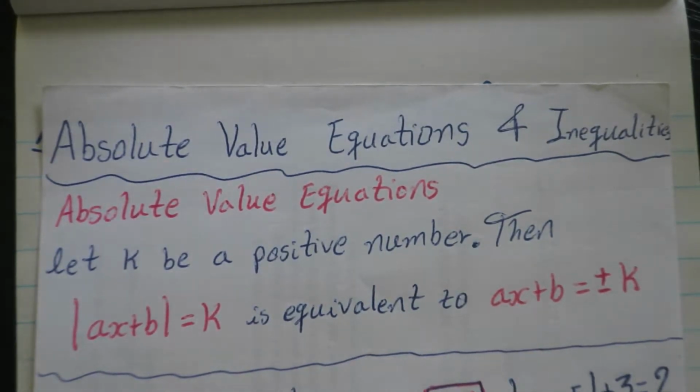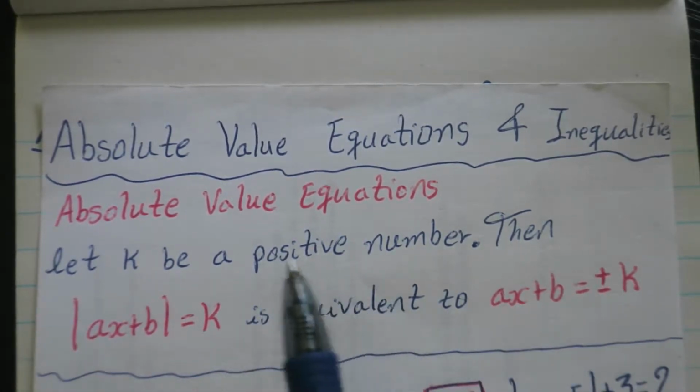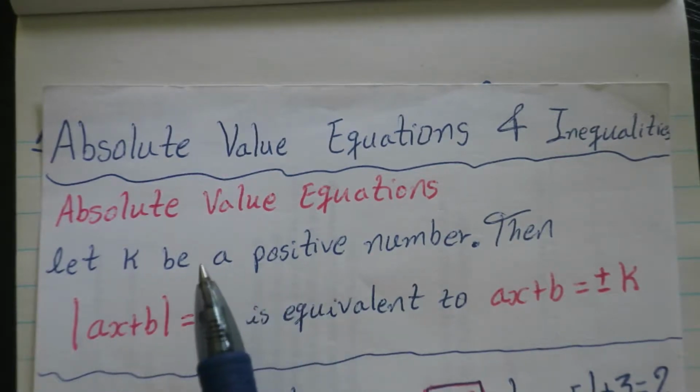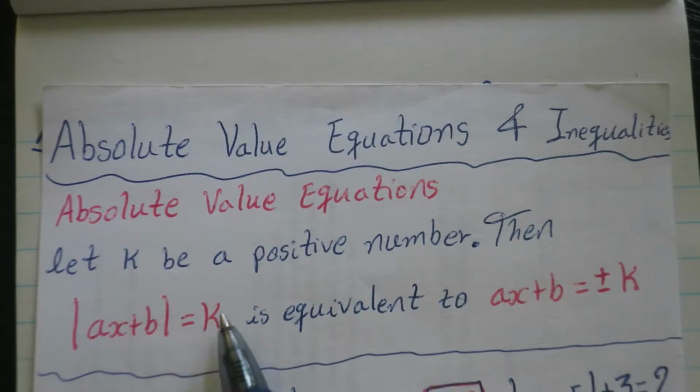Alright, for this video, I'll be talking about absolute value equations. How do we solve absolute value equations? Well, this is what we use. This only works for a positive case, so make sure your k value is positive in order to use this condition right here. If you have an absolute value of ax plus b equals a positive number bigger than 0,